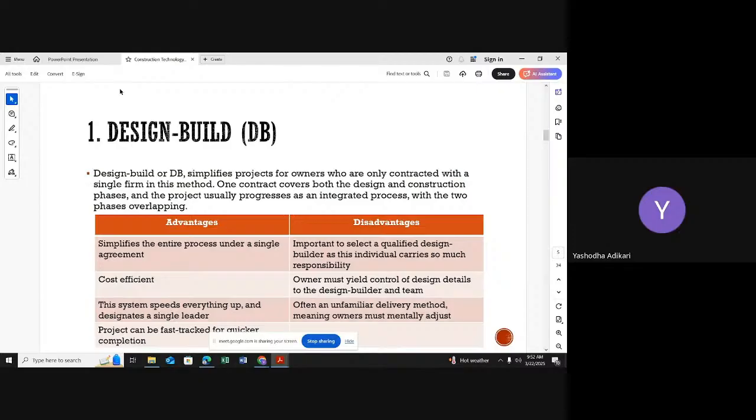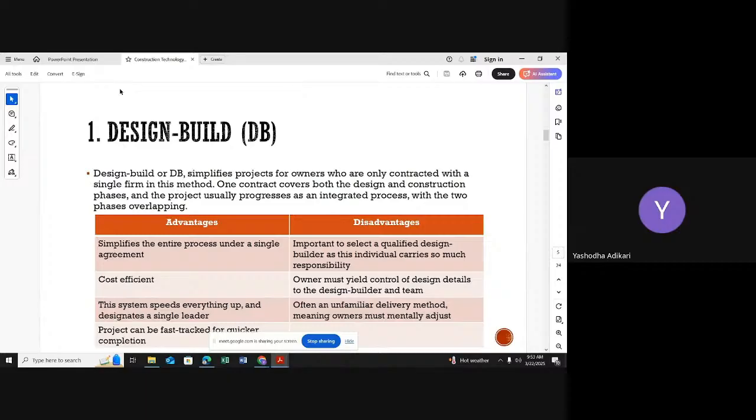Or common requirements of the project design part. The construction is the same company. I will complete the construction. We will start the construction activities. If there is a small change to do, we will inform the design team and we will adjust it, because both areas are handled by the same company. This is the design and build.